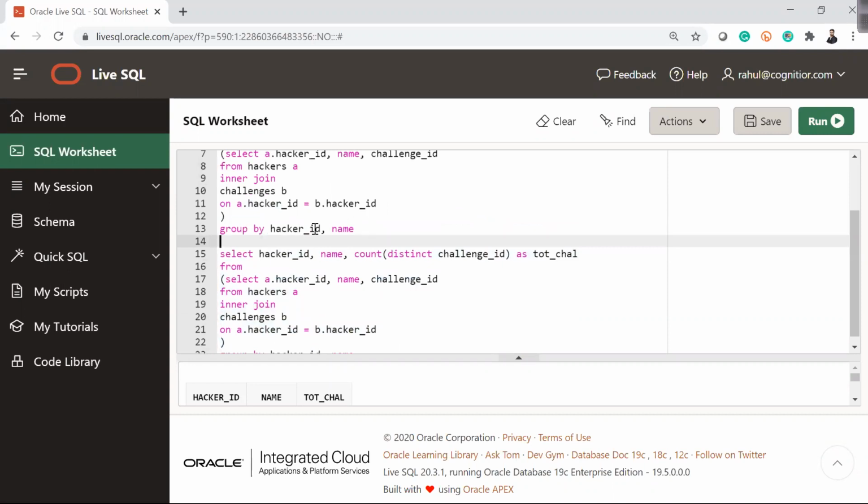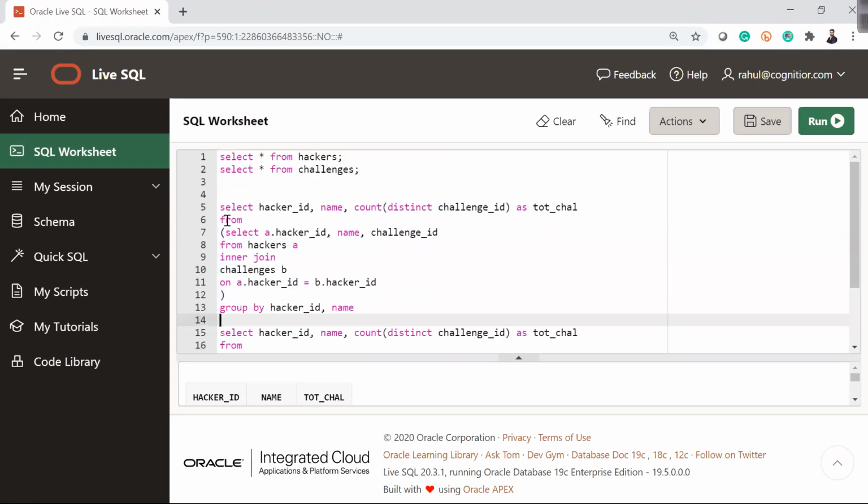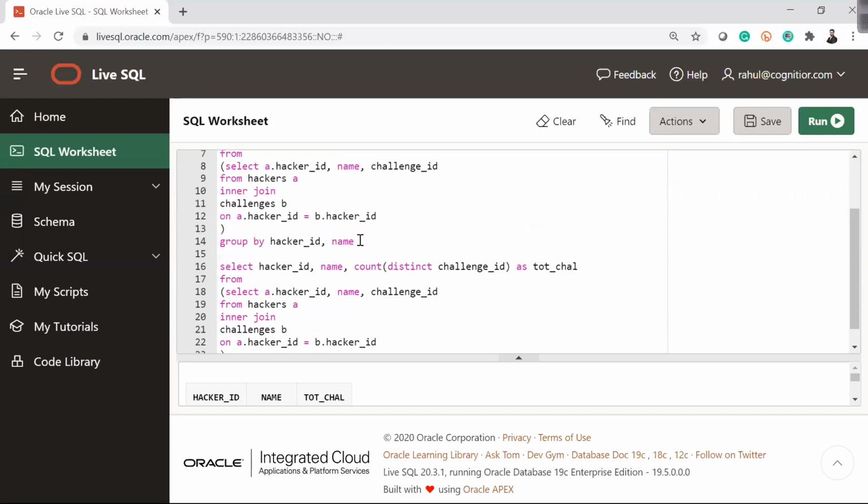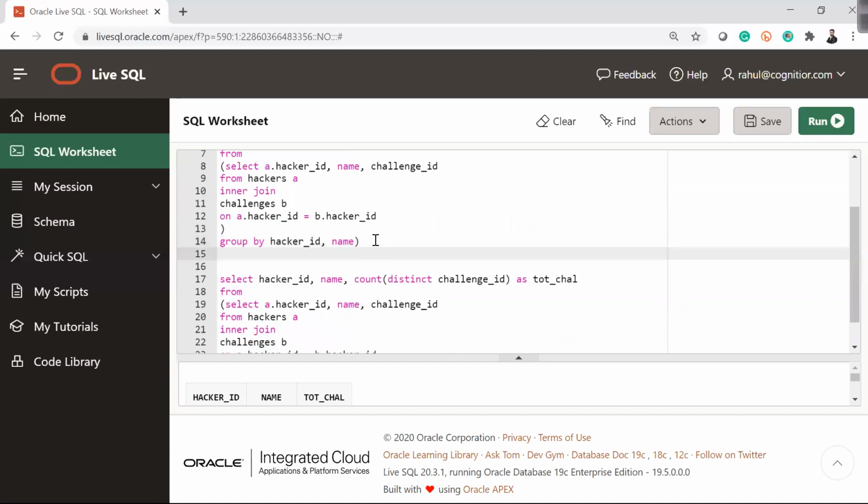Group by hacker ID, name, and then I will write select total chal, which I am calling from this big query, group by total chal